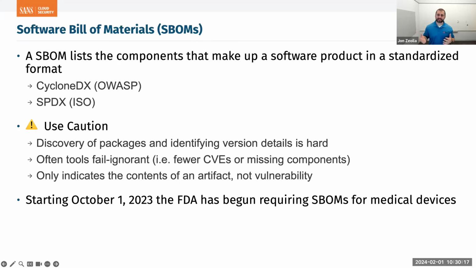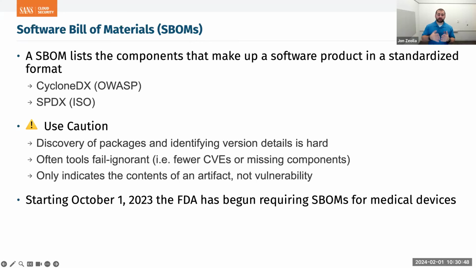Or it could be fewer CVEs. If it can find the package but can't figure out the version, how could it know which CVEs matter or which ones don't? They had to make a choice. They could choose to blow up your SBOM or your vulnerability scans with lots of findings, lots of CVEs, or none or fewer. Typically, the answer is fewer if you're doing, again, vulnerability scans of SBOMs and things like that, or tools that combine both SBOMs and vulnerability scanning.